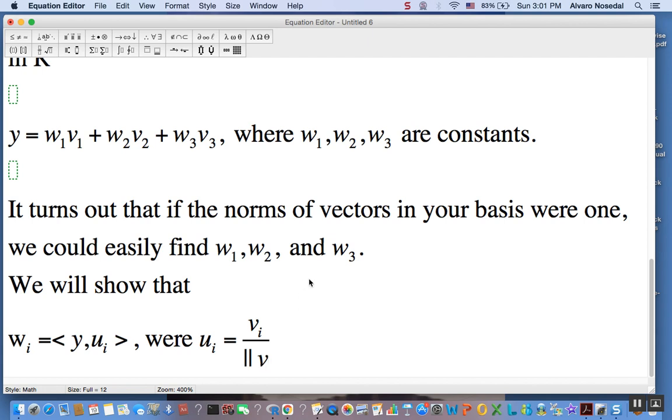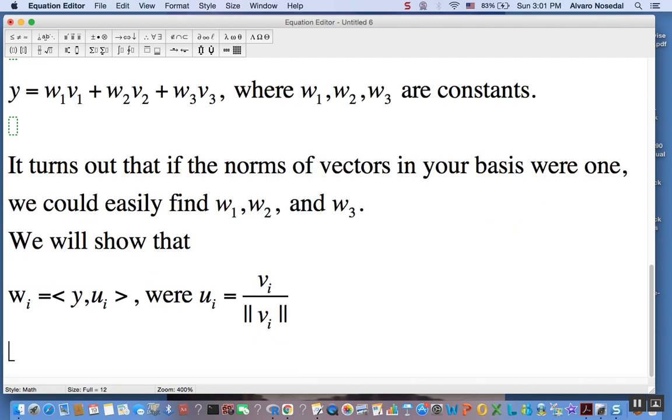And we're going to be using that notation for the norm or the size of your vector. Okay? Okay. So first,